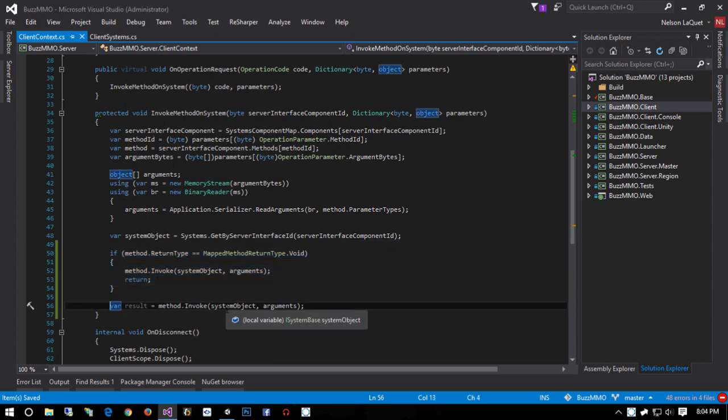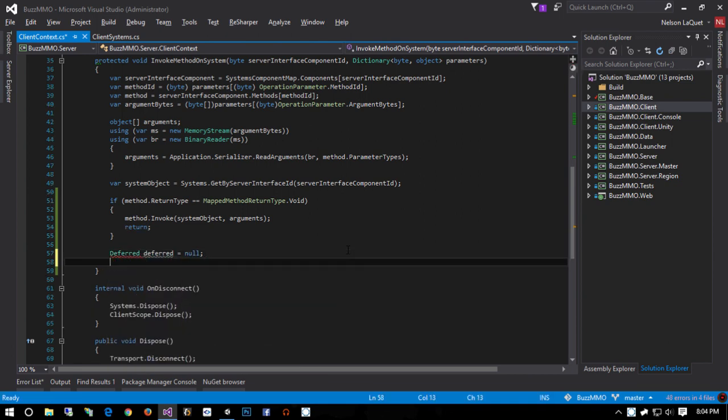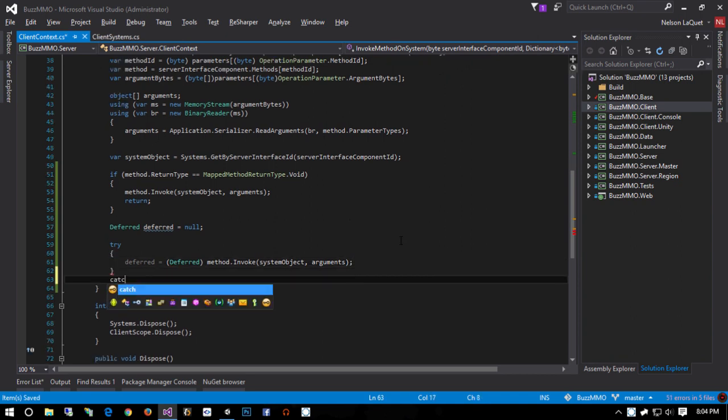But what happens if it's an asynchronous result? Remember, our server system methods are now returning deferreds, not IRPC methods. So what I'm going to do here, I'm going to take that, I'm going to cut it, because we're going to use it later. I'm going to say deferred equals null. Then I'm going to say try, and then I'm going to say deferred equals cast to deferred method.invoke. Then I'm going to say catch RPC exception,